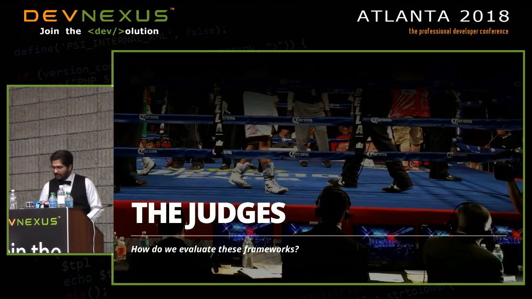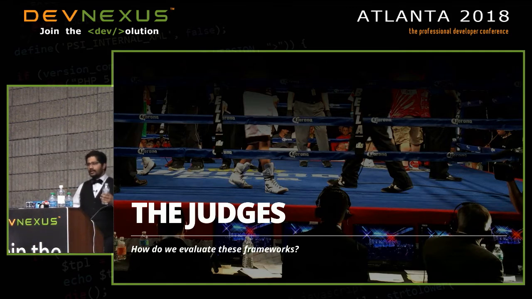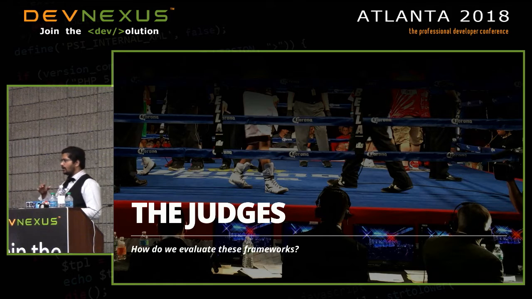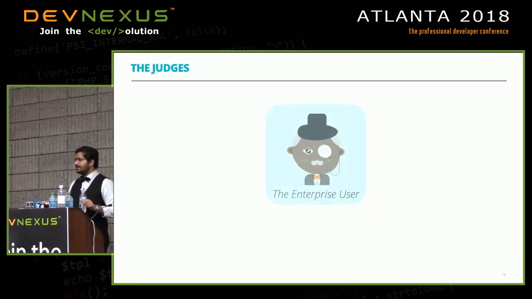For any comparison, you also need a bunch of judges, right? Because the results of the comparison really depend on what lens you put on it, or what your requirements really are. And based on the kind of requirements that you have in the projects that you're working on, the results of what we're about to discuss will be a bit different. And of course, it is really hard to take the 200 odd people in the room and go through every one of your use cases. So we try to divide that into 3 main buckets based on personas, right? Some of this is a bit of a generalization, but hopefully all of us would fit into one of the 3 buckets that we've shown.